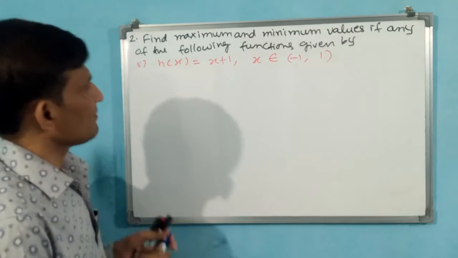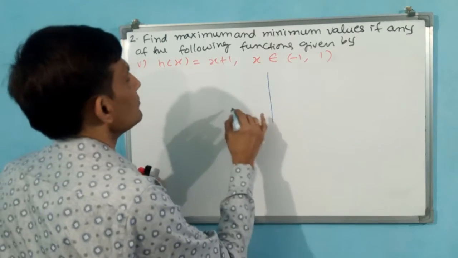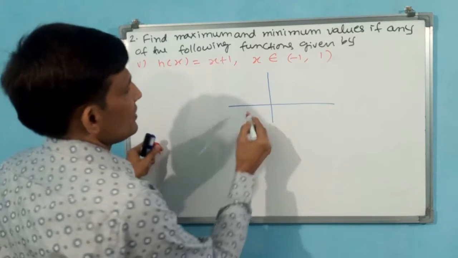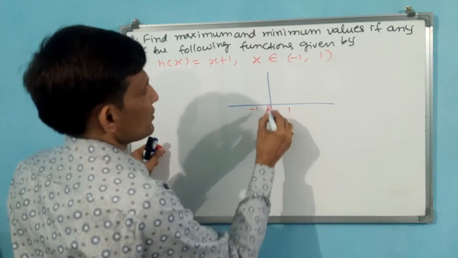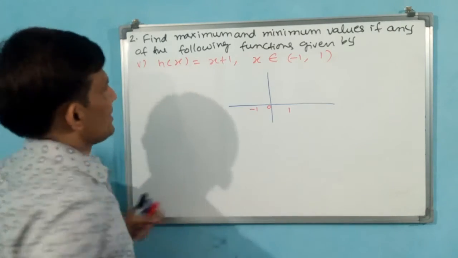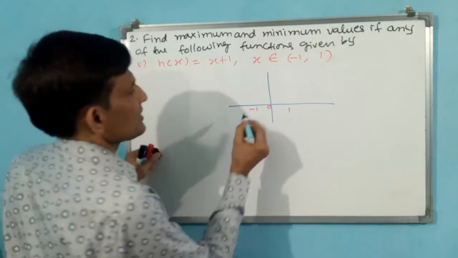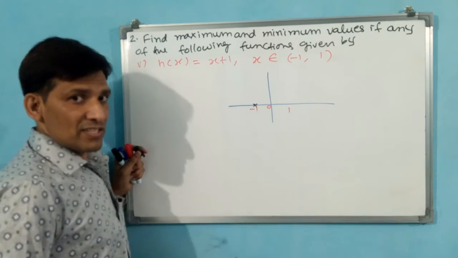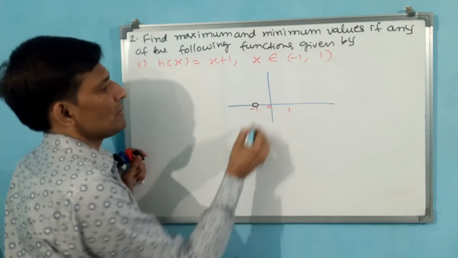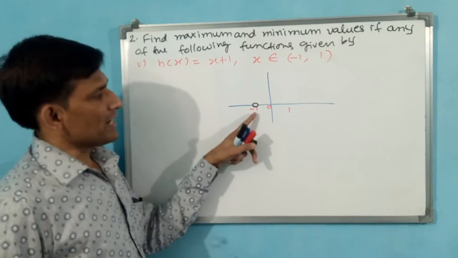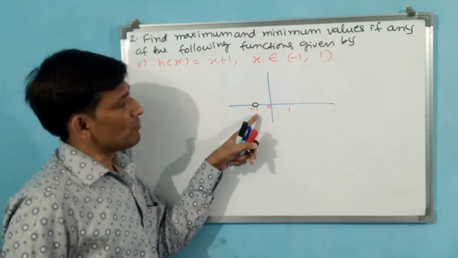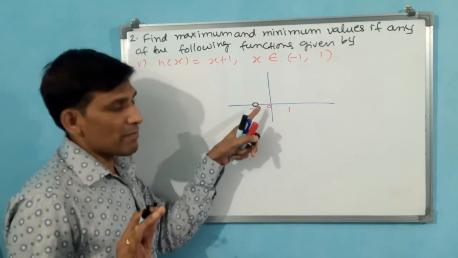Okay. Then you draw the graph. See, this is -1, this is +1, this is 0. For namesake you have given -1. -1 plus 1 is 0. That means a point will come here. But can you actually give this value? No. That is why you take only an open bubble. Okay, -1 input you have given, but output 0 is an open bubble. Why? Because you are not giving -1. Only greater than -1 you have to give.